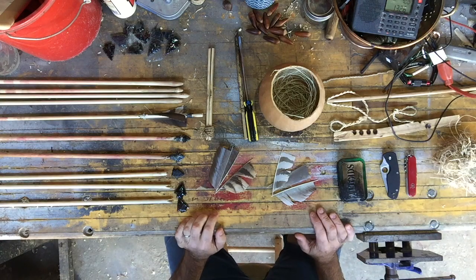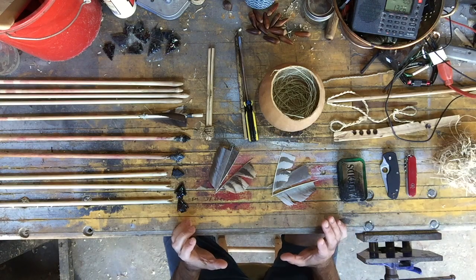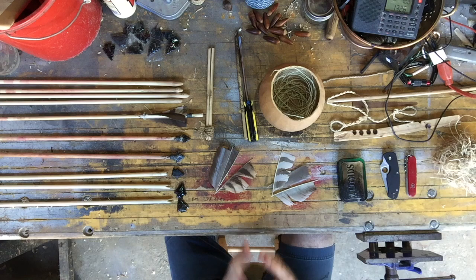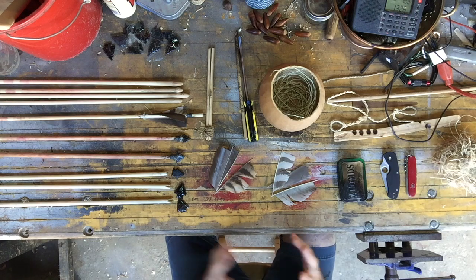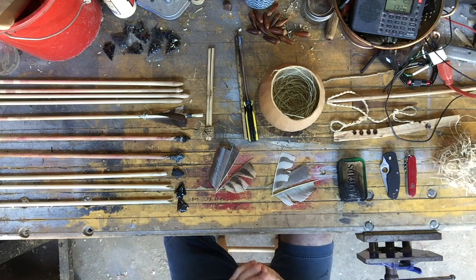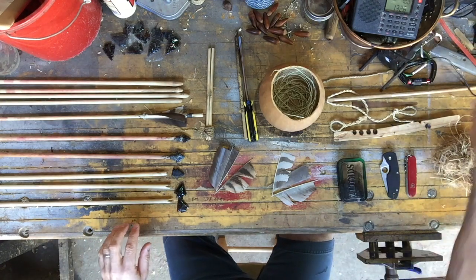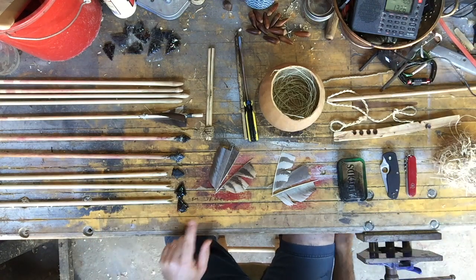Alright folks, well I'm getting ready to do what I'm calling the arrow fire ritual. And I don't know if ritual is really the right word, but I don't know what else to call it, and I'll tell you why. Right here I have most of the things I'm going to need to fletch these arrows and also haft the